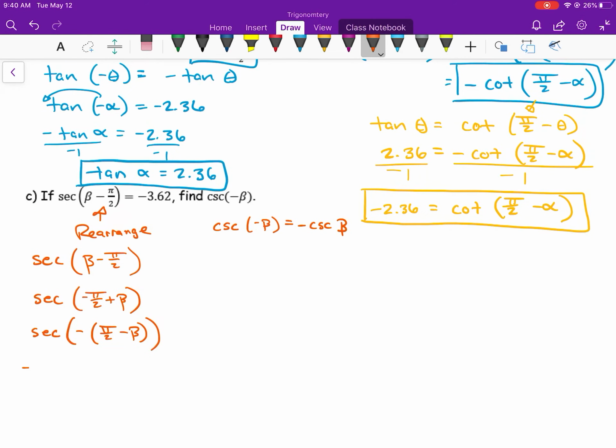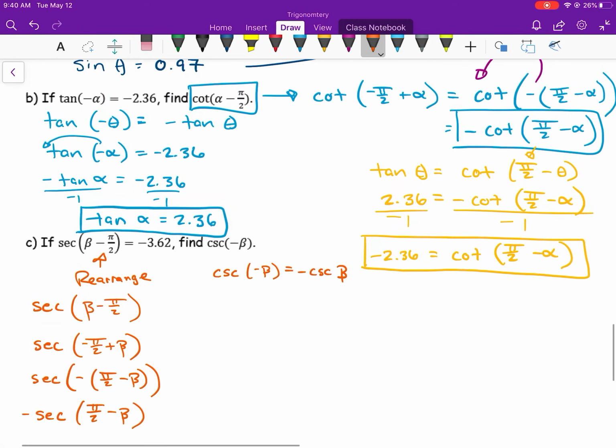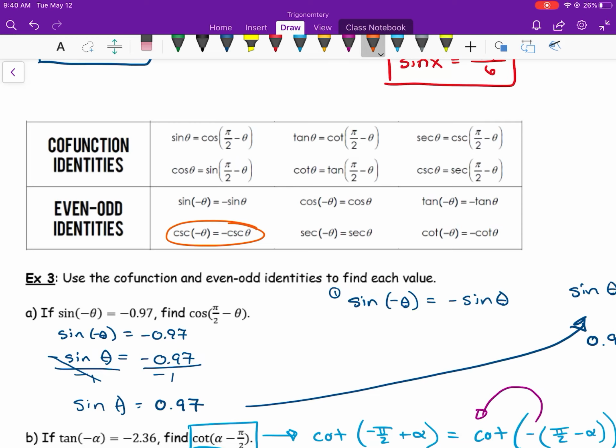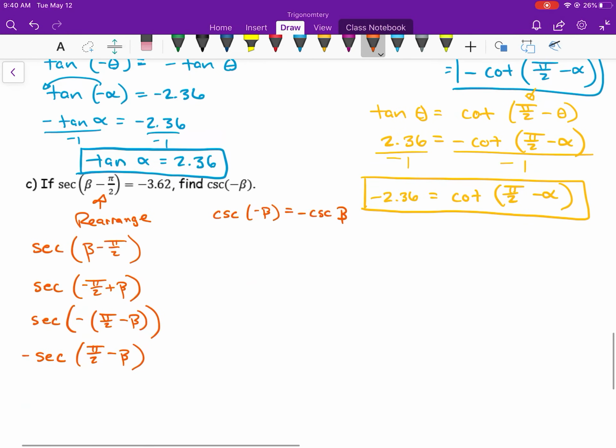Go back to this. So negative secant down here is pi over 2 minus beta. Go to my cofunctions, see if I can find secant pi over 2. There it is. Cosecant is that. So cosecant of beta is equal to